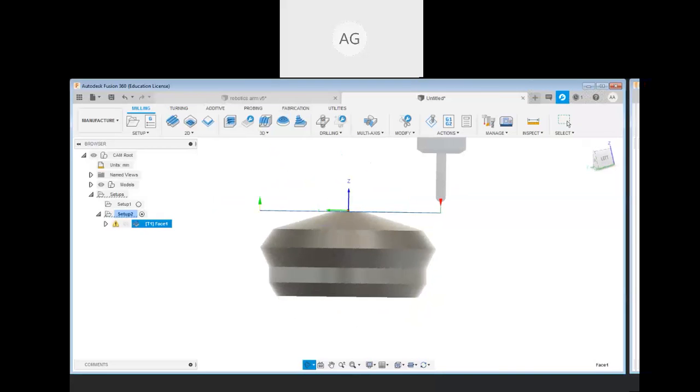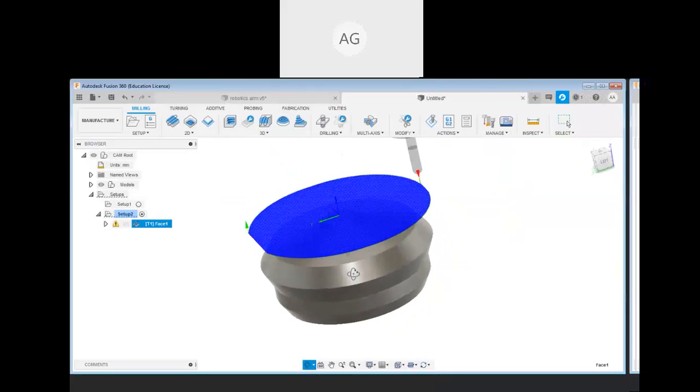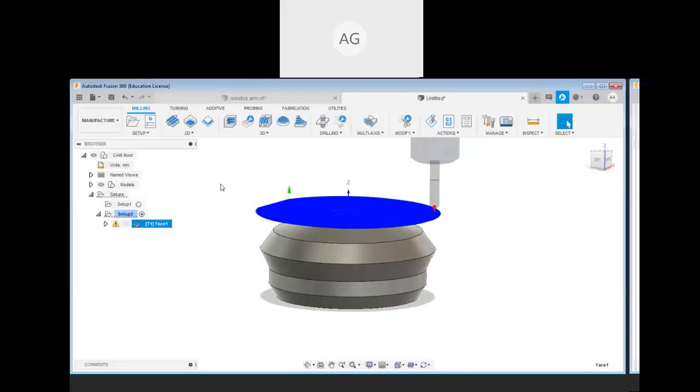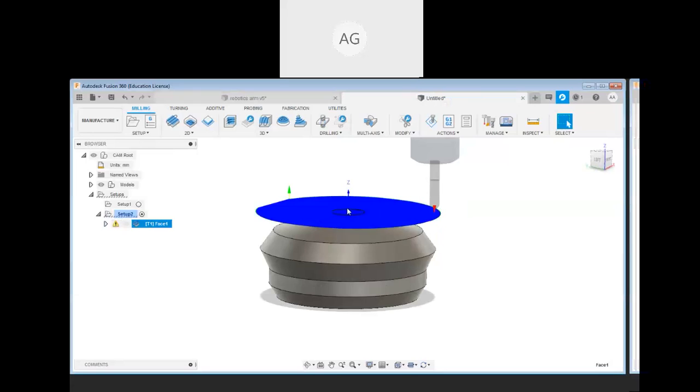So the tool you can see here. The tool will start working from here like this. So what I'm going to do now, after I did all the setup, then this one is 3D. If you want to do 3D, these are multi-axis, so that also you can do. Now this one is the track of that path. To change some warning, clear tool path, invalidate. So close it. We have to change that tool, then we will be able to see it.